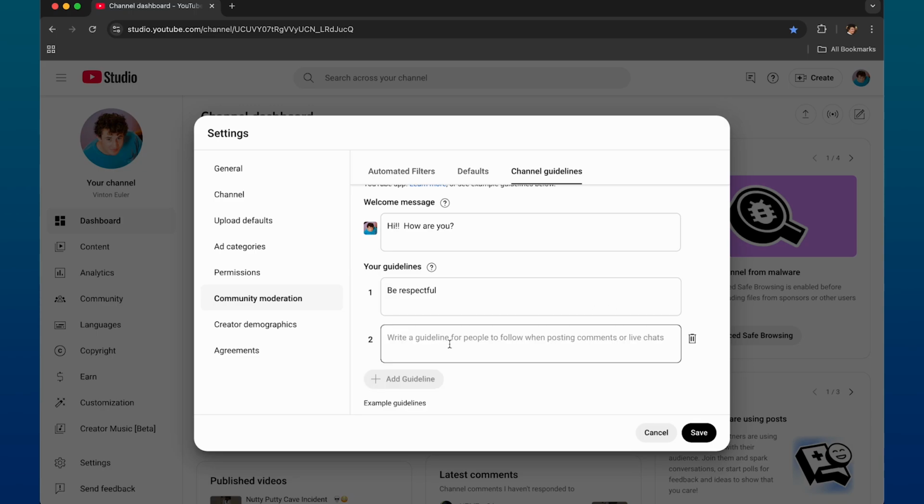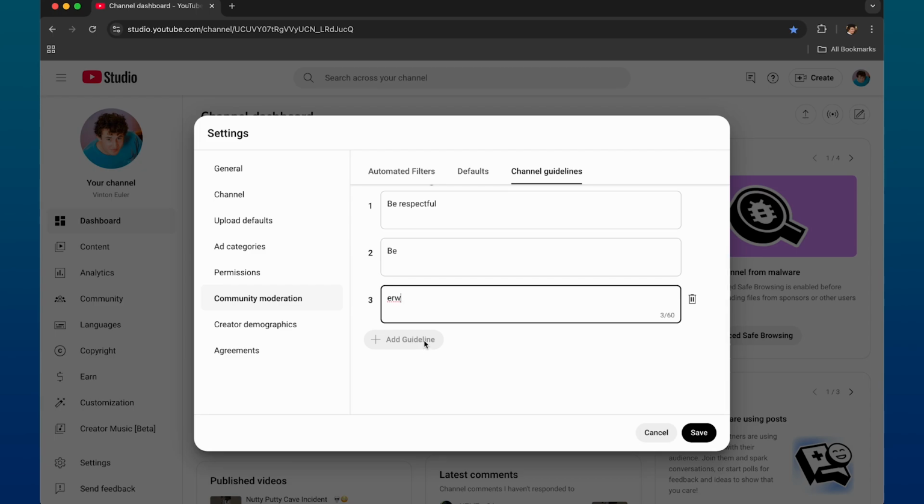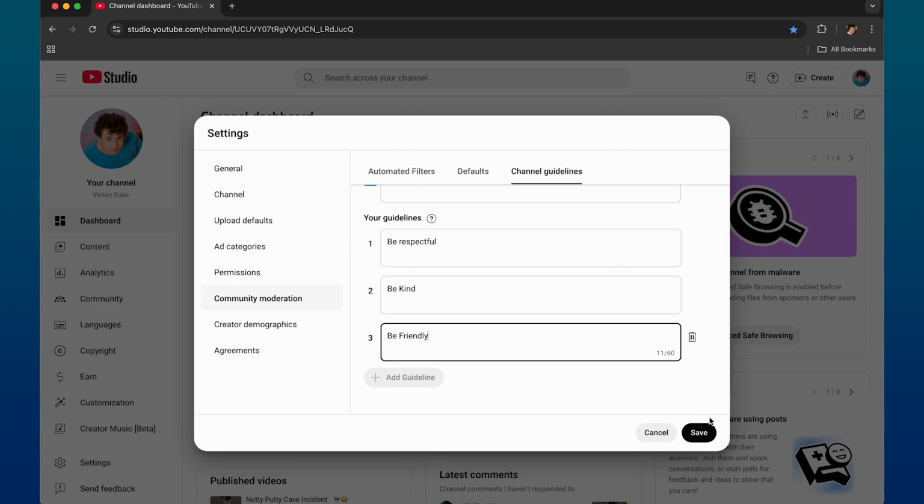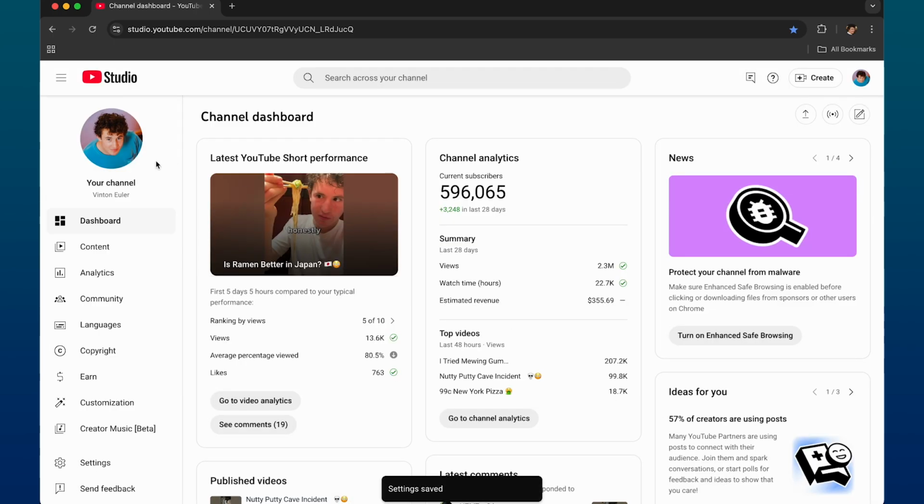And once you add your guidelines, you can add as many as you want. You can see it's up to 60 characters. You can just add the guidelines like so, and once you continue adding them, you can add 3 of them max. And when you click on the save option right here,